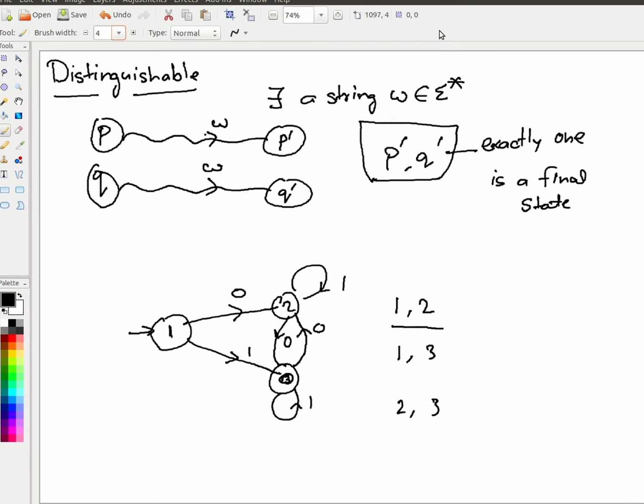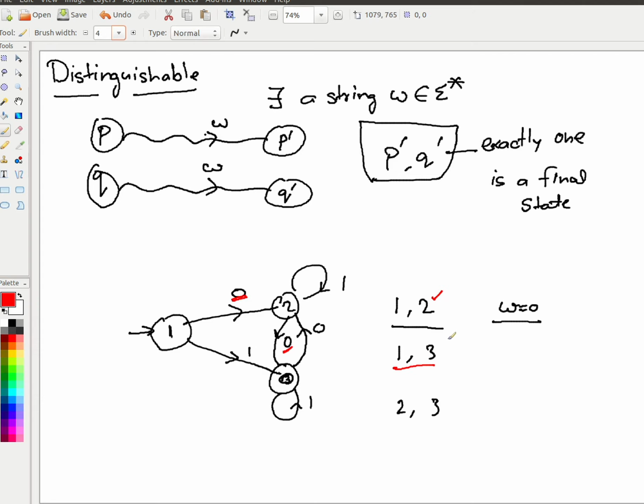Okay, so yeah, I think it's distinguishable. What do we mean by 0 1 1 1? Oh, you don't have to go there. I think if you realize, the answer is even simpler. 1 2 is distinguishable just with 0. If you take w equals 0, what happens for 1? 1 goes to 2, right? 1 at 0 is going here, while 2 at 0 is going here. So 1 at 0 is going to a non-final, while 2 at 0 is going to a final, therefore this pair is distinguishable. What about 1 3?